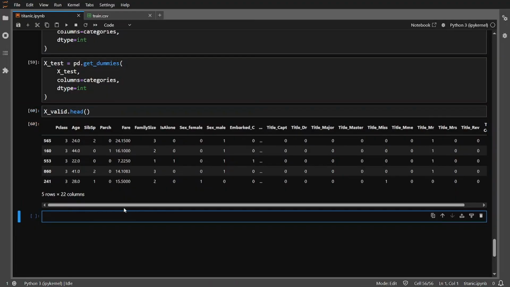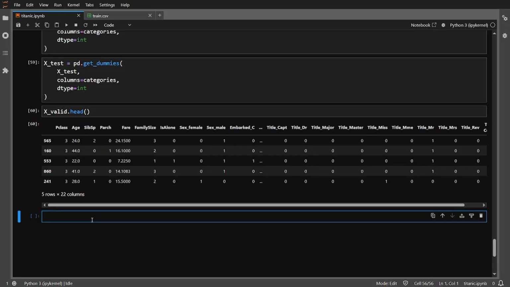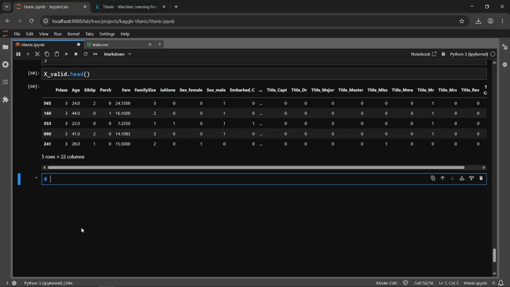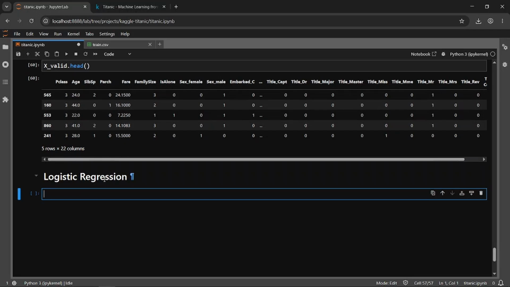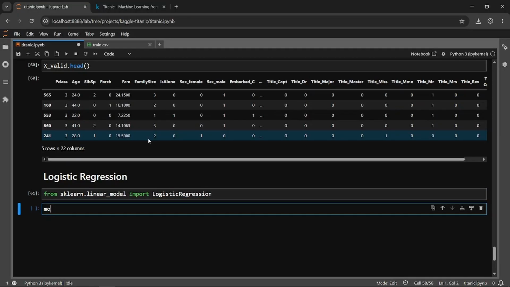What we'll need to do now is, our data is ready to be trained. So first we'll use logistic regression. We'll use this model first to train and see the results. So we'll say from sklearn.linear_model import LogisticRegression, and now what we'll do is we'll say model equal to LogisticRegression, and we'll say